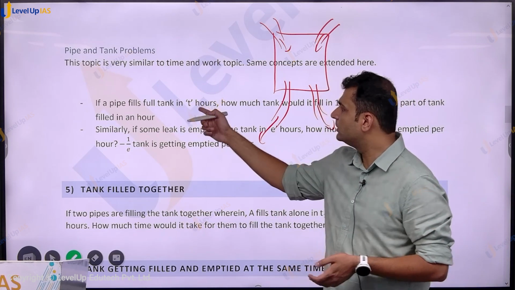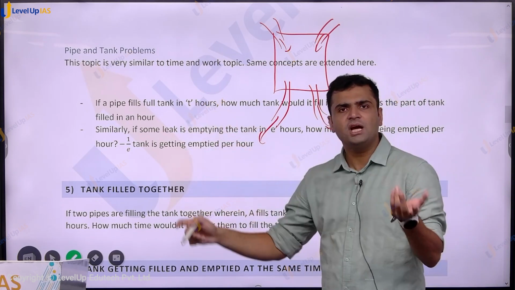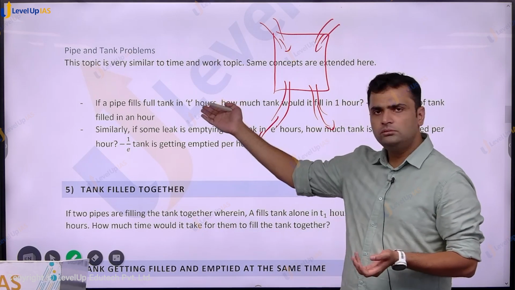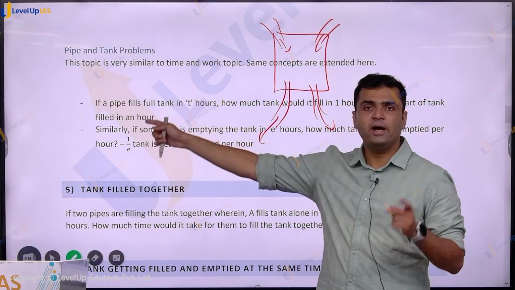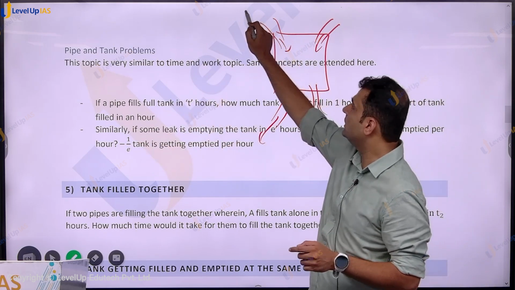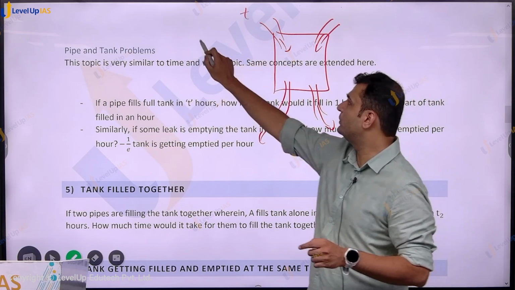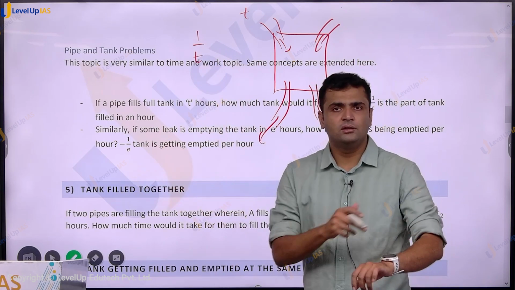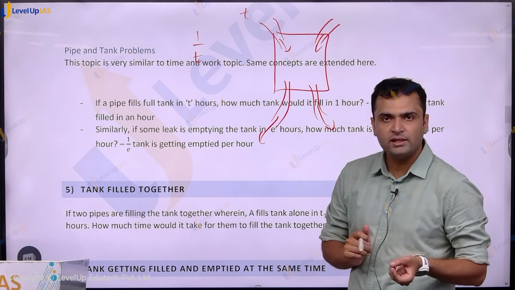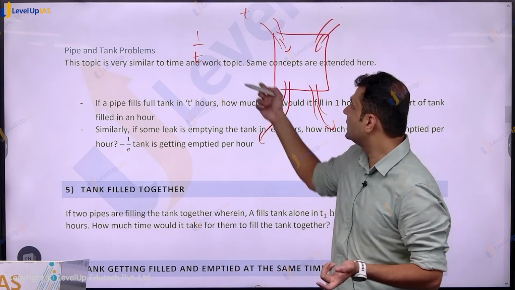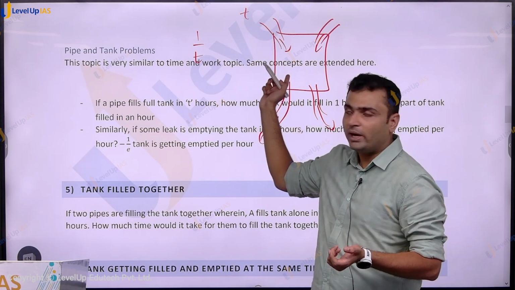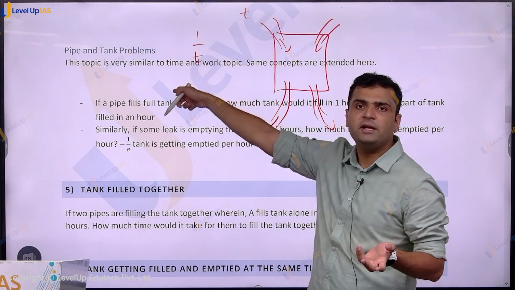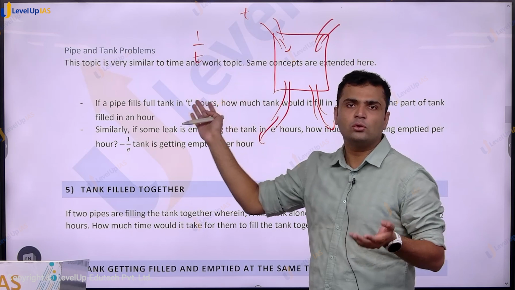So if a pipe fills full tank in T hours, then how much tank will be filled in 1 hour? If this pipe fills the tank in T hours, then in 1 hour it will fill 1 by T tank. Correct or not? Like work wala, that if a person does full work in n days, in 1 day how much work will be done? Similarly, if the tank is filled by this pipe in T hours, in 1 hour how much tank will get filled? With 1 by T tank, because T में पूरा भर रहा है तो 1 घंटे में 1 by T